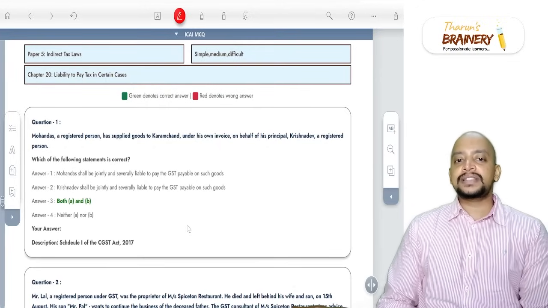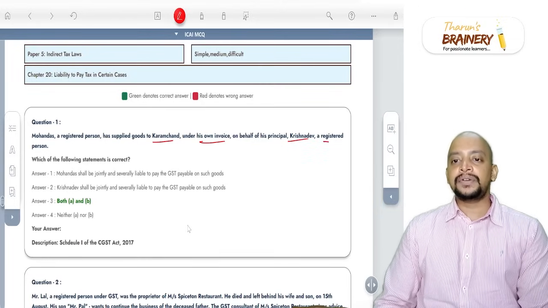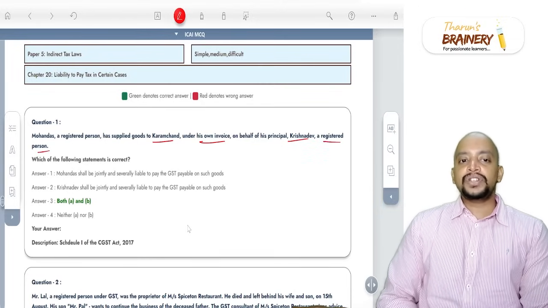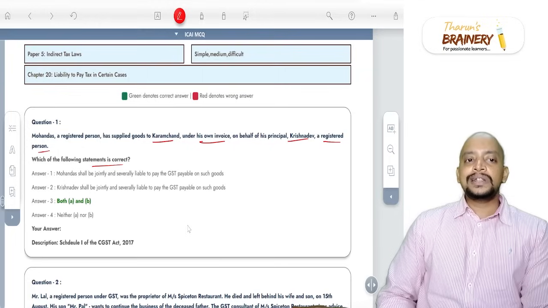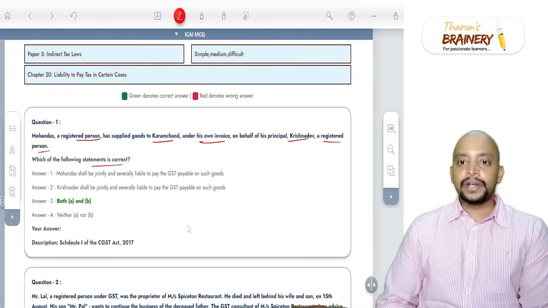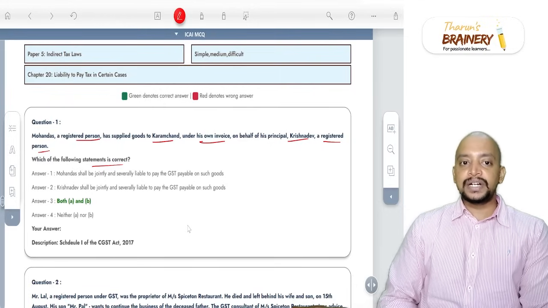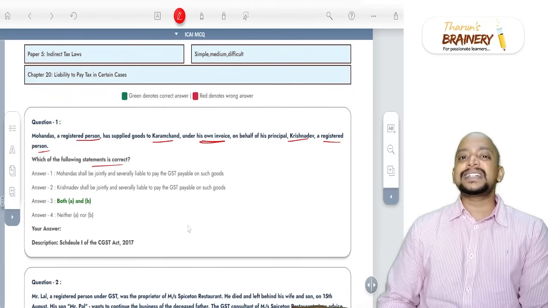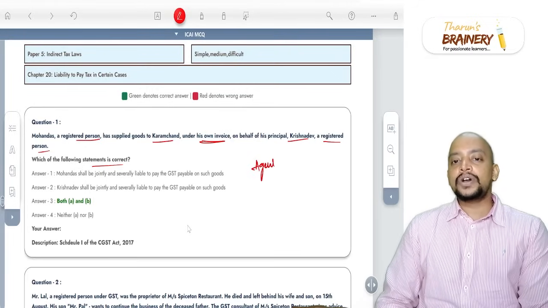Mohandas, a registered person, has supplied goods to Karamchand under his own invoice on behalf of his principal Krishnadev, a registered person. Which of the following statements is correct? So in this case, Mohandas has supplied goods under his own invoice on behalf of his principal. Own invoice means the agent is not acting on behalf of principal. When the agent is not acting on behalf of principal,